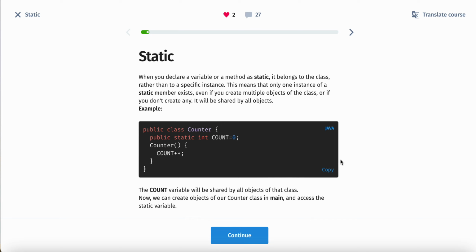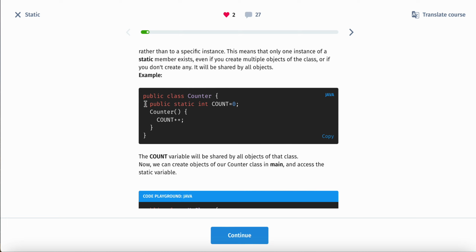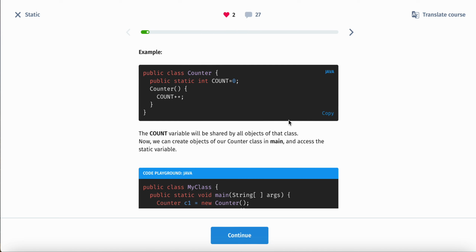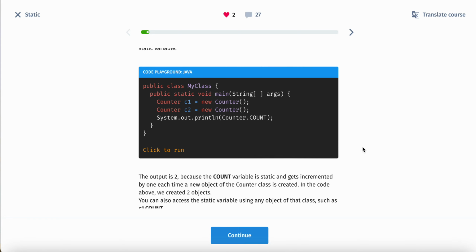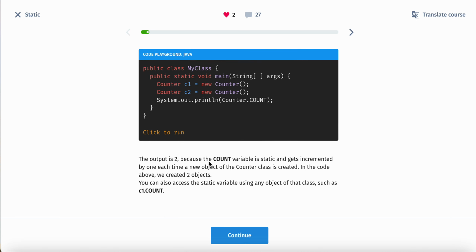So let's do an example real quick. Here is a variable, public static int count equals 0. So the count variable will be shared by all objects of that class. Now we can create objects of our counter class in main, and access the static variable, like so. The output is 2